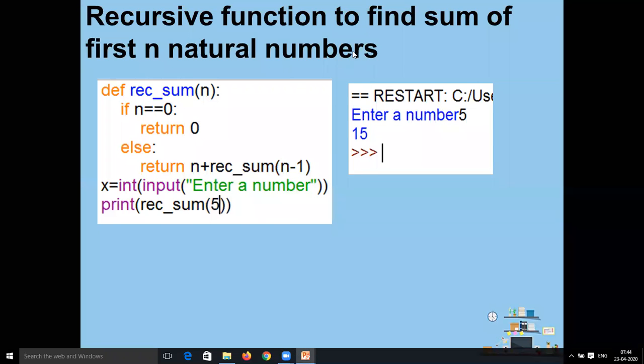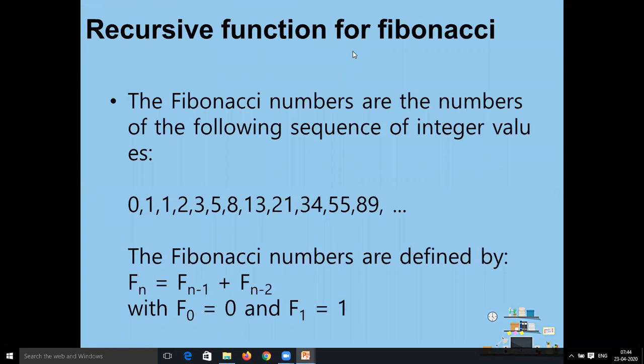In the next example, we are going to display the Fibonacci series up to n numbers, and here for n number of terms, we are calling the Fibonacci function n plus 1 times. You can see it in the function definition. We know the Fibonacci series generates numbers in a pattern: if the first number is 0 and the second number is 1, then the third term is the sum of the first two terms, 0 plus 1 equals 1. So the three terms will be 0, 1, 1.